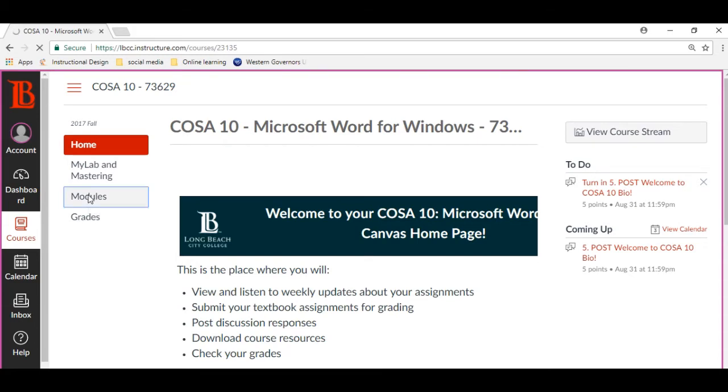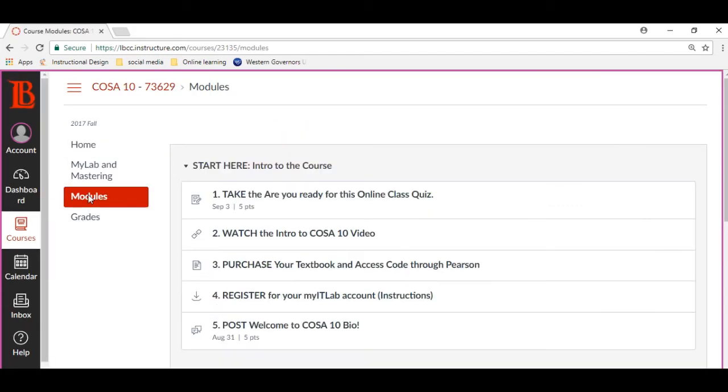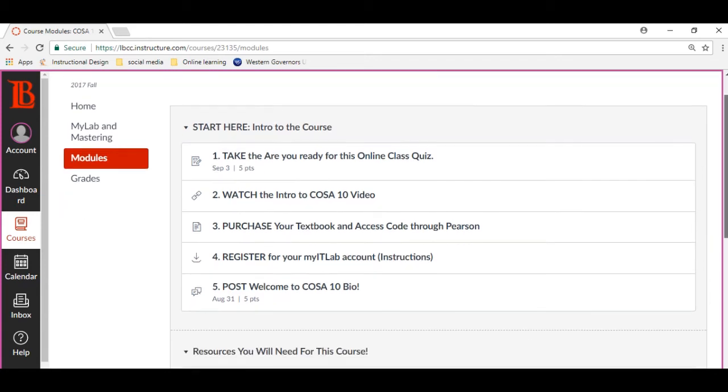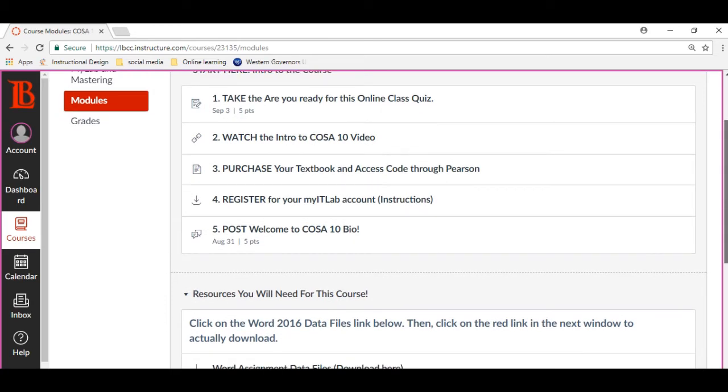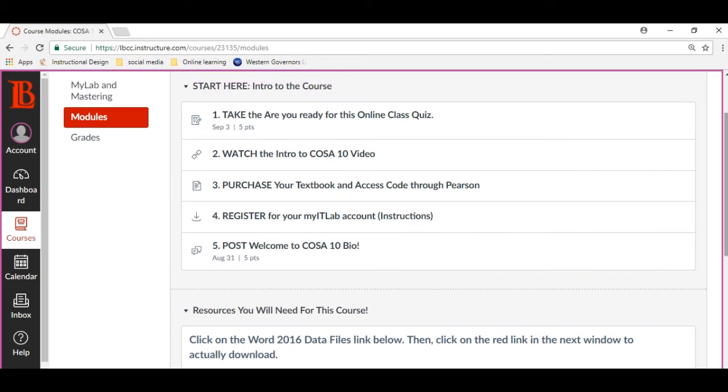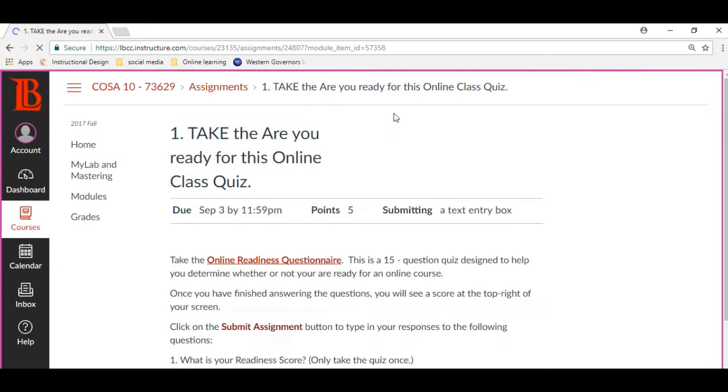modules. Now again, modules is where you look at all of your assignments. Now you'll notice here it says start here. This is the intro to the course. You've got 5 things that you have to do before you even start looking at your assignments, your textbook assignments, for example. You're going to be taking an Are You Ready for This Online Class quiz. Click on the link to open that up and you'll be able to see what you've got available to you,